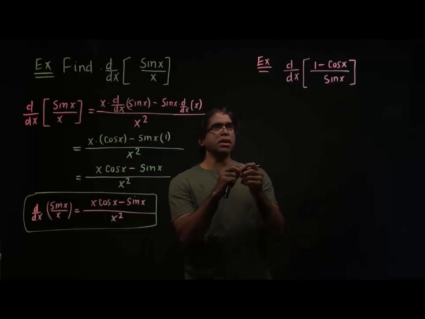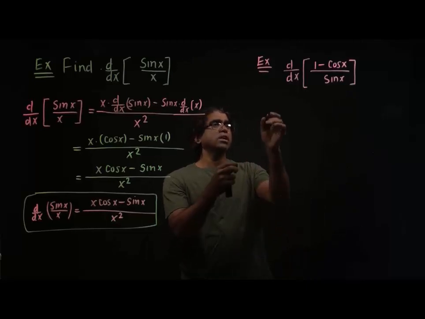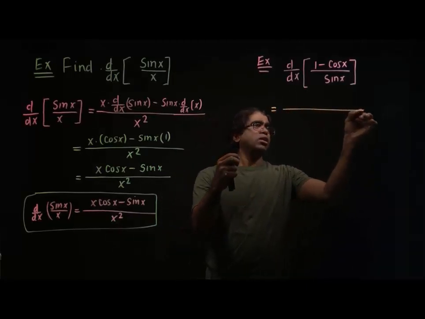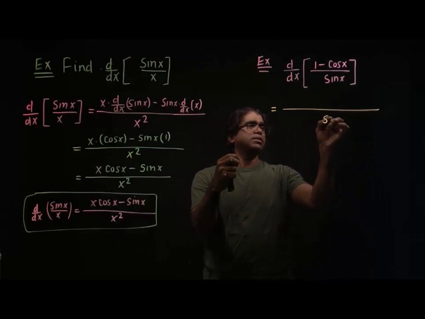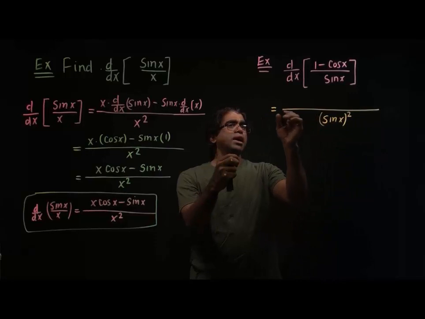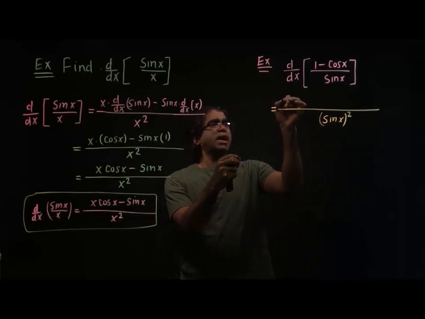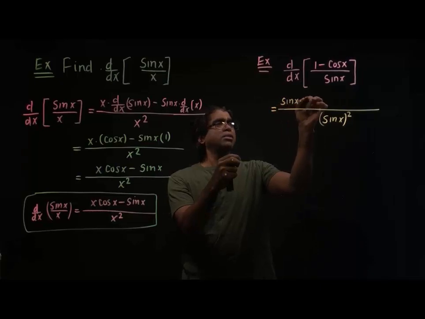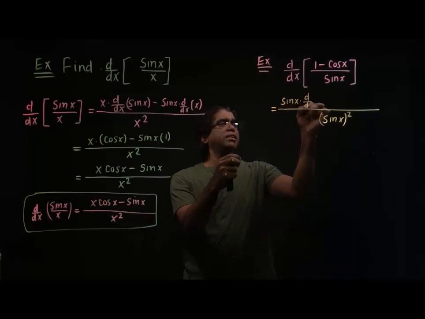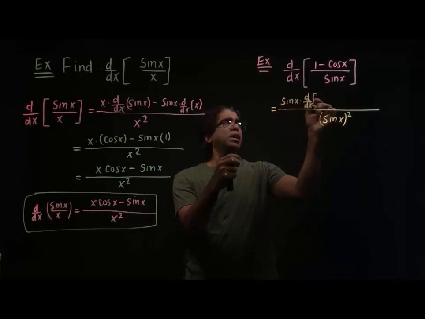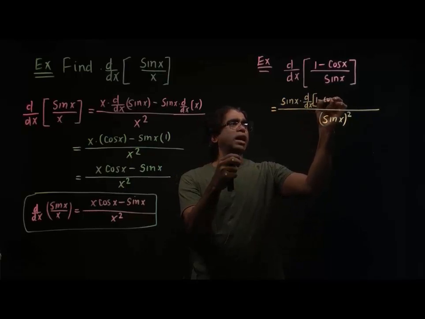If you remember, my quotient rule has the square of the denominator, which is sine x whole squared, and then at the numerator I will write the denominator times d by dx of the numerator, which is 1 minus cosine x,